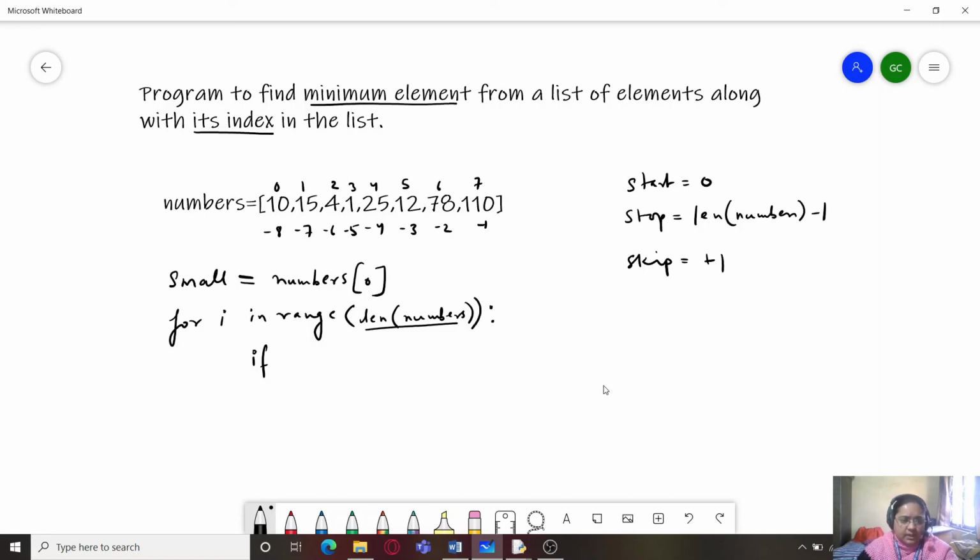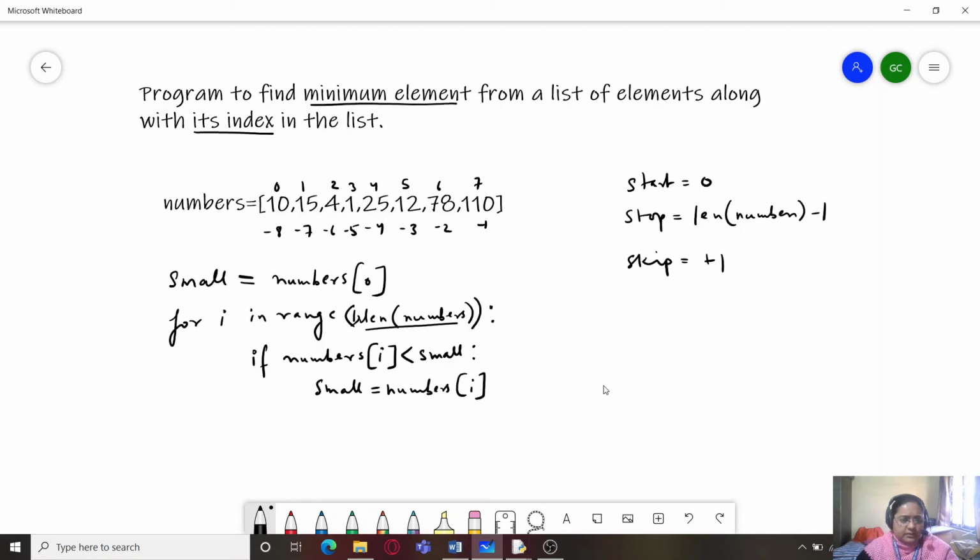So if numbers i is less than small, okay, we can also do one thing, because we have already taken the first element, so we can start i from the second element also, that is from index 1 if we want. So I'm just writing 1 over here and comma, and if it is less than small, then that means small equals numbers i.